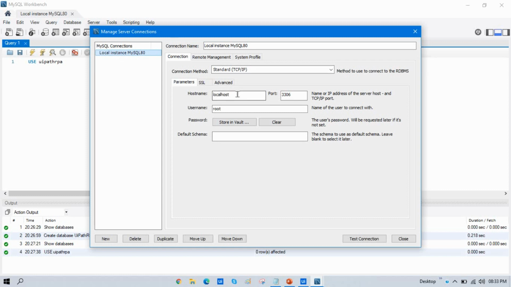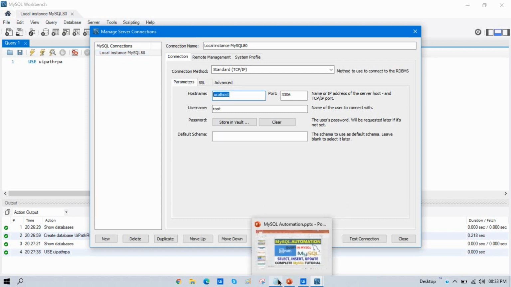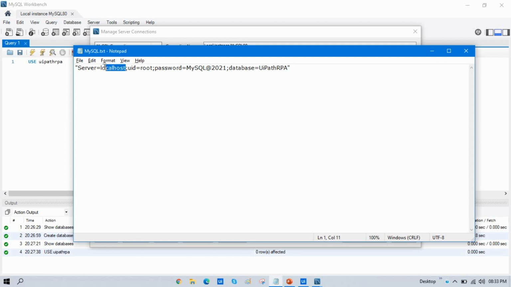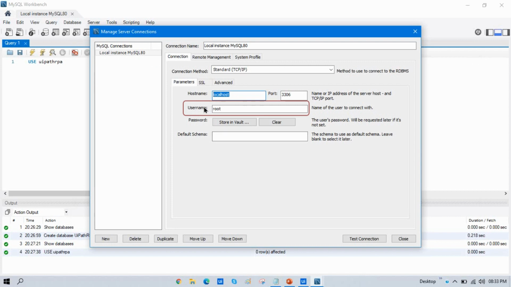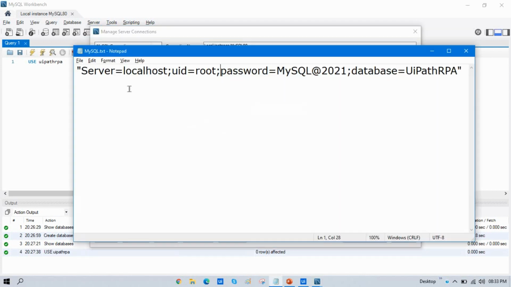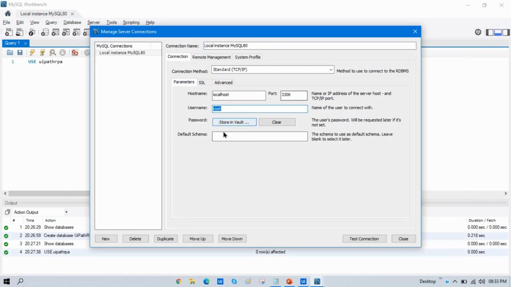So this host name will be your server name, and I have used that. Now UID means your username. So this root will be your username, UID name. So you need to just update that root UID.